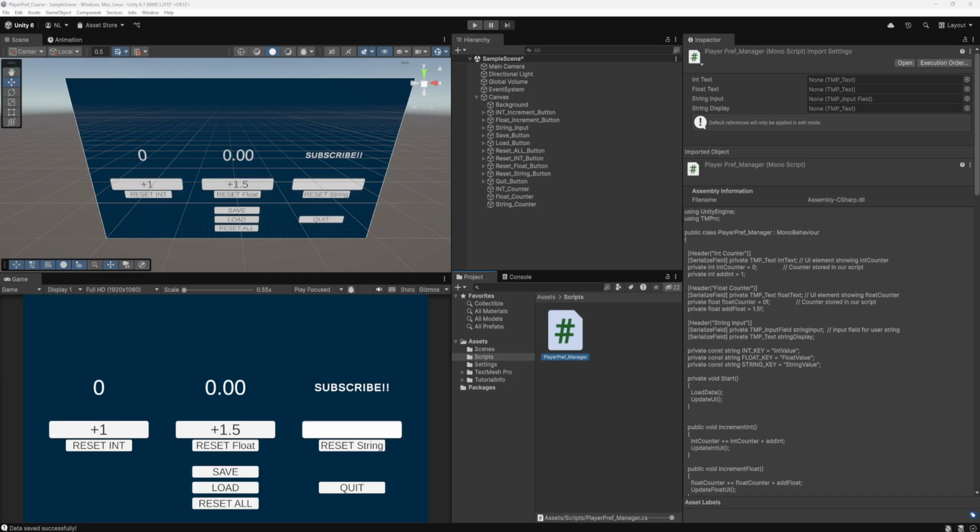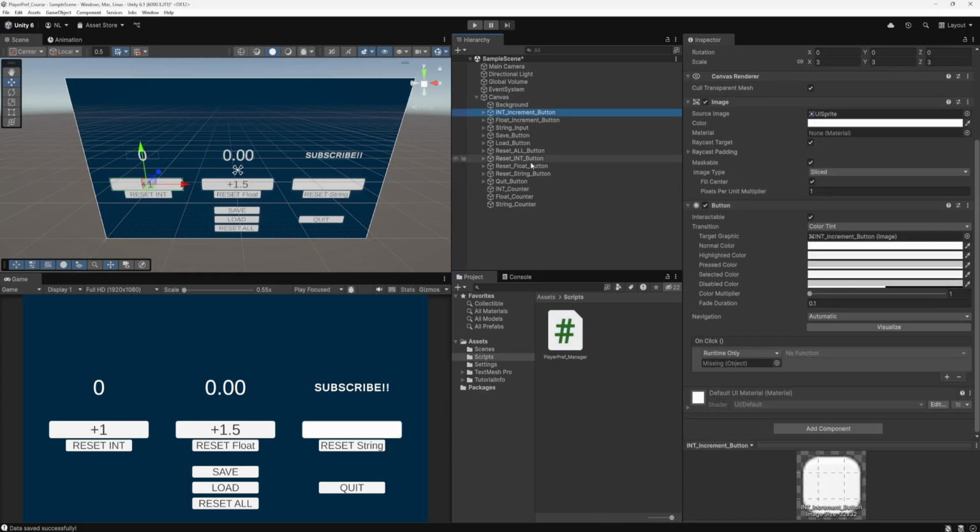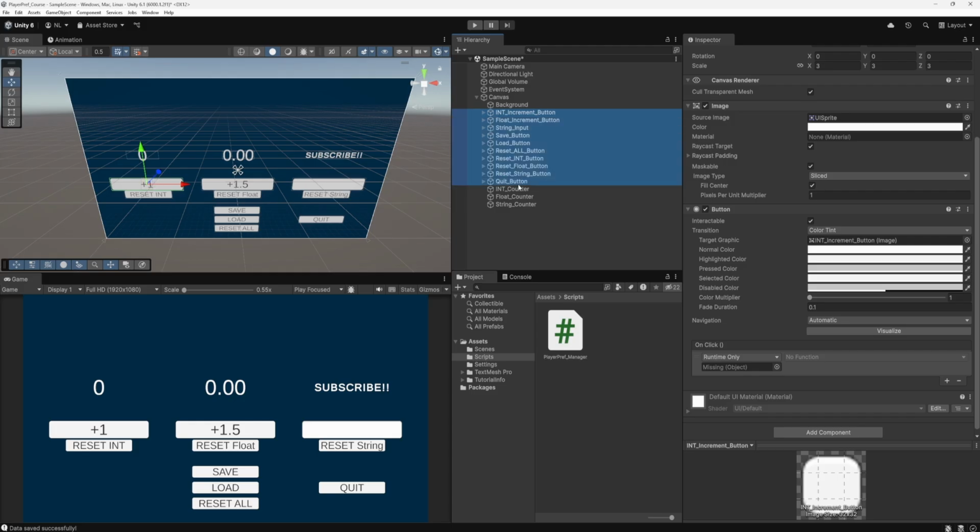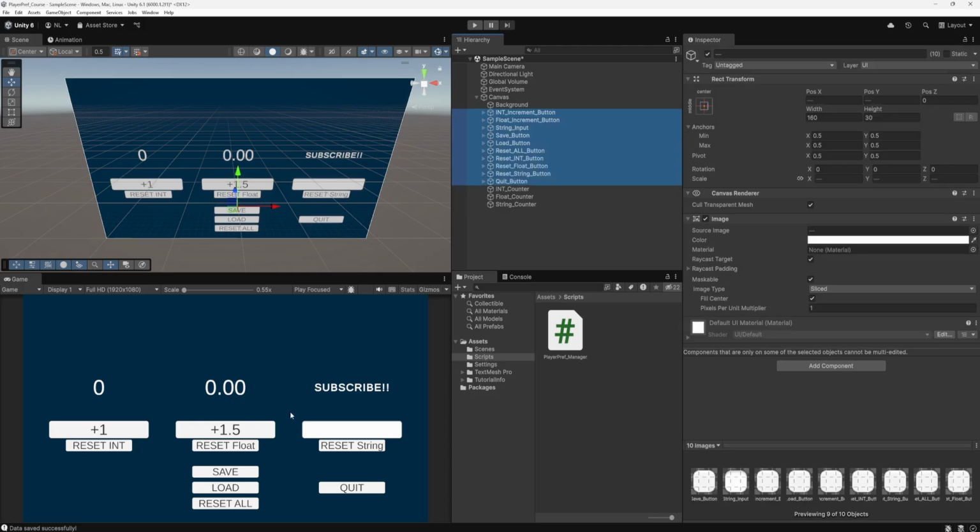As always, I'll give a quick overview of what we're going to be doing in this video. We're going to be making a game object for our PlayerPref manager script. We're just probably going to call it something like PlayerPref manager, and then we're going to be assigning this PlayerPref manager to that game object we've just created. Then we're going to be assigning those methods we created within this PlayerPref manager script in the buttons that we have on our UI so that they actually work and do something. Then once we assign all the methods to the buttons, we're going to give a quick demonstration of the UI